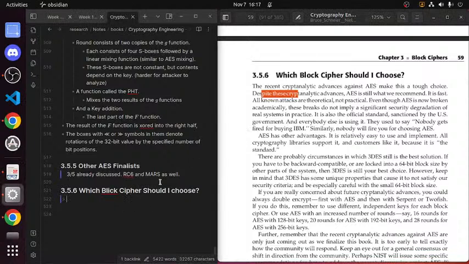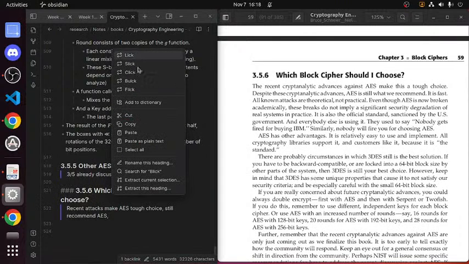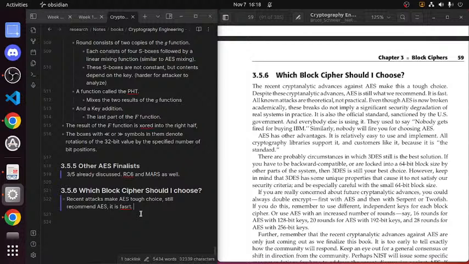So recent attacks make AES a tough choice, and we still recommend AES, which I think is just funny. It is fast. That seems to be literally what people are saying. It's fast, it's secure enough.